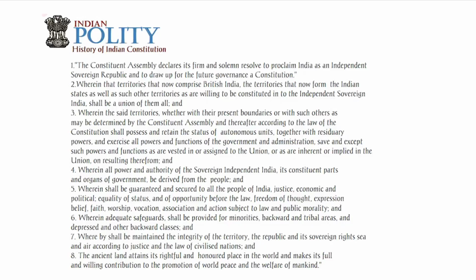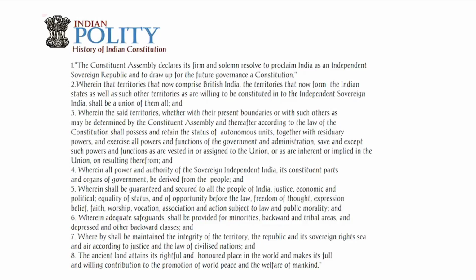all power and authority of the sovereign independent India, its constituent parts and organs of government, are derived from the people, and wherein shall be guaranteed and secured to all the people of India justice, social, economic and political, equality of status, of opportunity and before the law, freedom of thought, expression, belief, faith, worship, vocation, association and action, subject